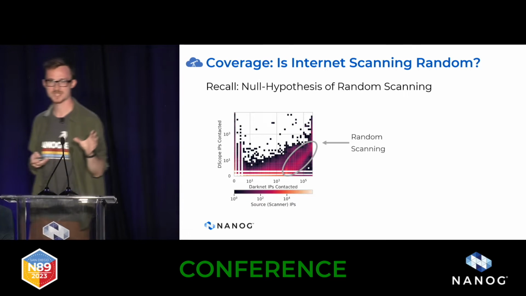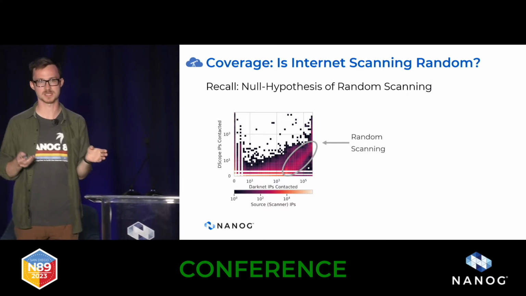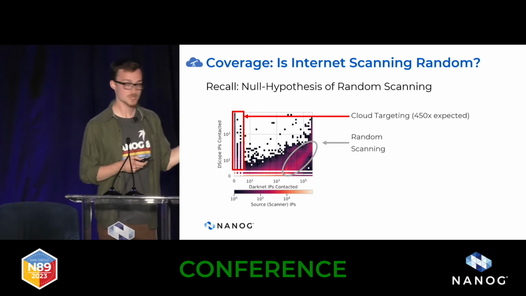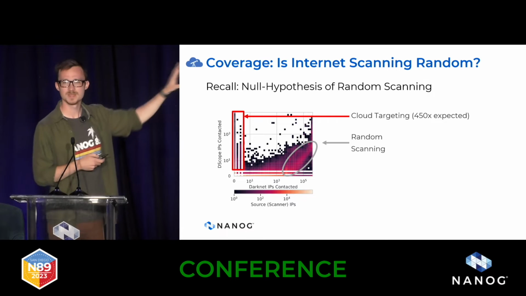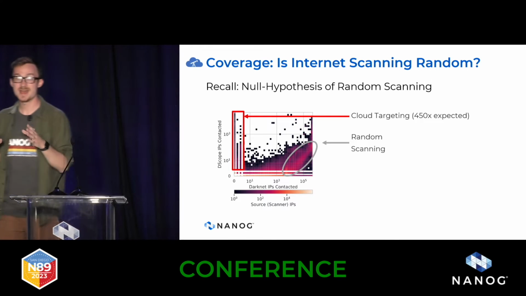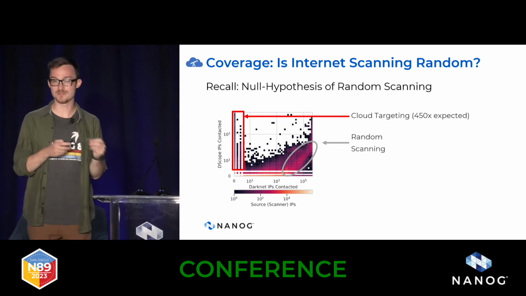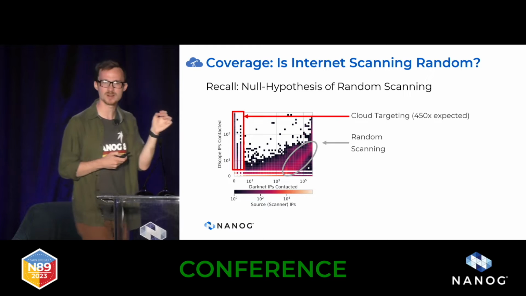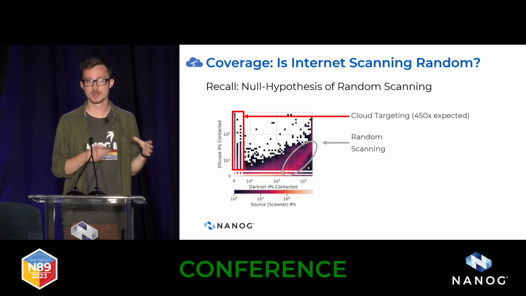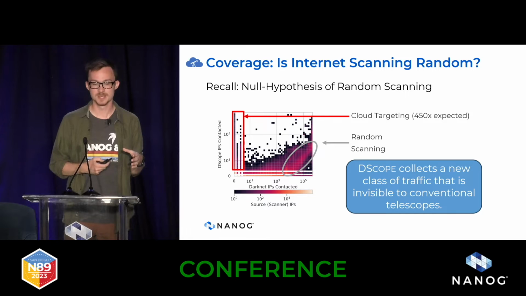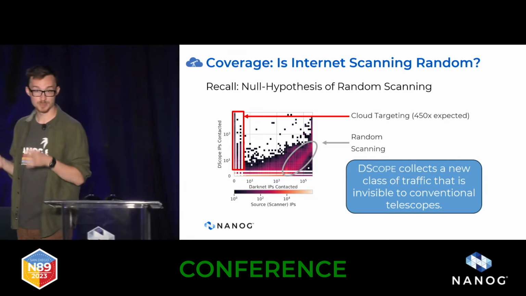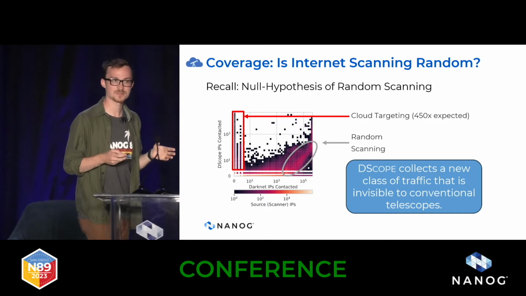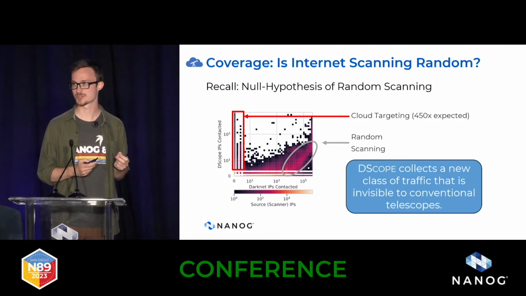There's a massive amount of scanning going on the internet that is just truly random across the IPv4 address space. What's perhaps more interesting, especially for this work, is this distribution over here. These are scanners that contact many, many cloud IP addresses, but few, if any, darknet IP addresses. So it's not random scanning, it's really targeting the specific qualities and the specific footprint of cloud providers. Or it's avoiding those darknet telescopes. By deploying our telescope on a public cloud provider and getting off of the darknet ranges, we see a whole class of traffic that is simply invisible to conventional approaches.